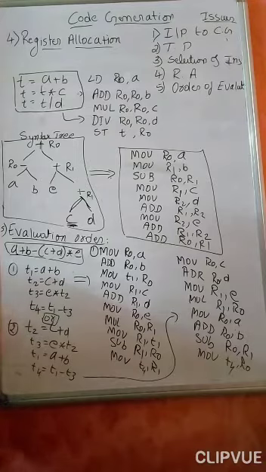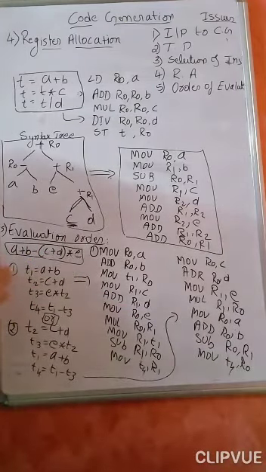In this order of evaluation, first we are performing c plus d, then multiplying with e, and then a plus b is done, and then it is subtracted, and the result will be stored back to t4. But in both cases, this is one order of evaluation I have written for the same expression, and both of them will give you the same result, stored in the temporary variable t4.